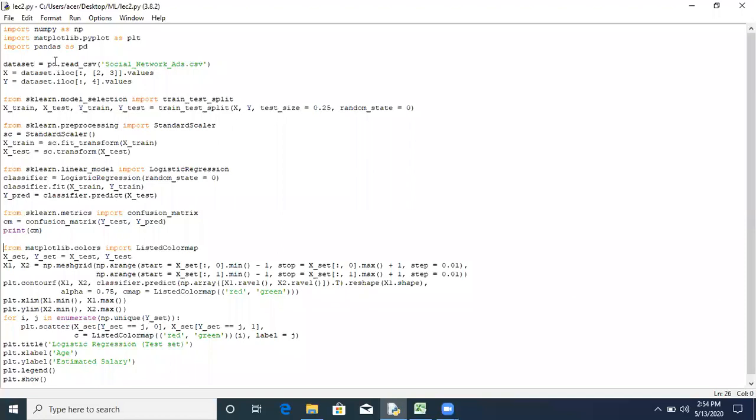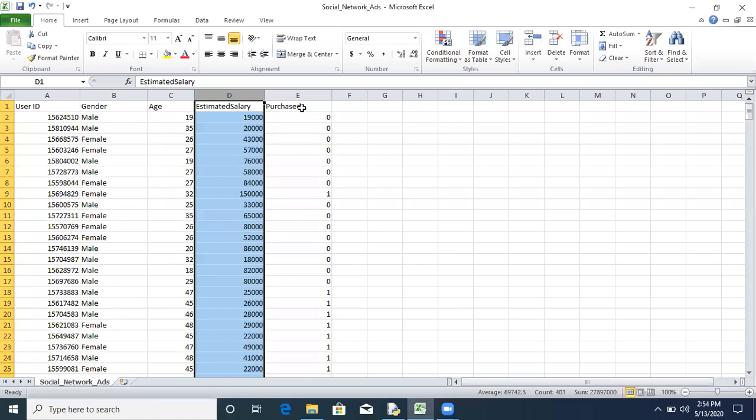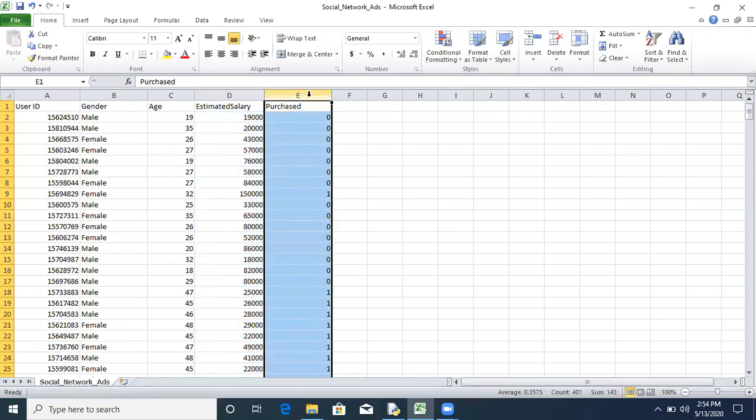Now, how to obtain the dataset using a pandas command. So pd dot read underscore csv, using this command you can access the dataset, the CSV file. The name of the file is social underscore network underscore ads dot CSV. One thing you should remember is that you have to save the file in the same location in which you are saving your Python code, so that this will run properly, otherwise it will throw an error. So column number 4 we are storing as output. So this is our output. It has only two values, 0 and 1.